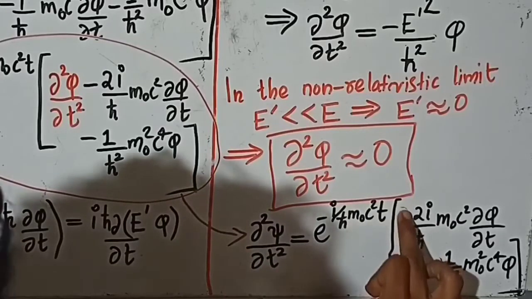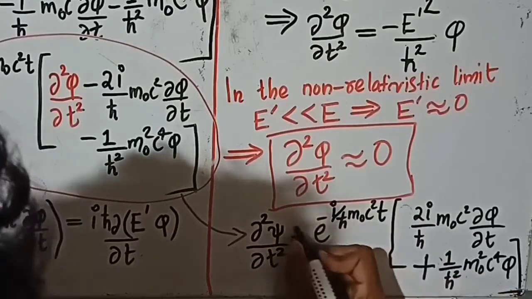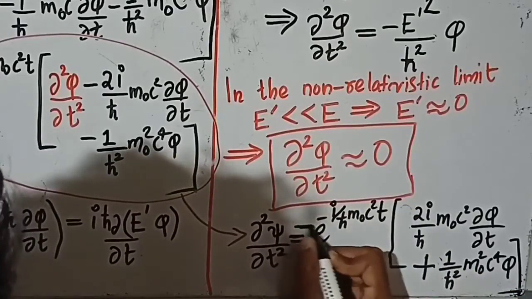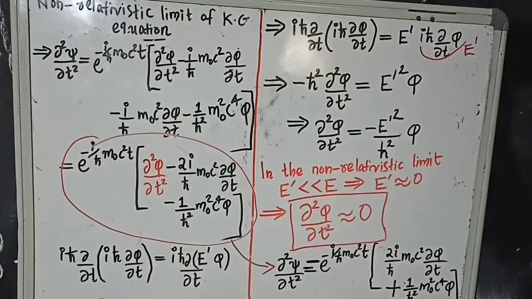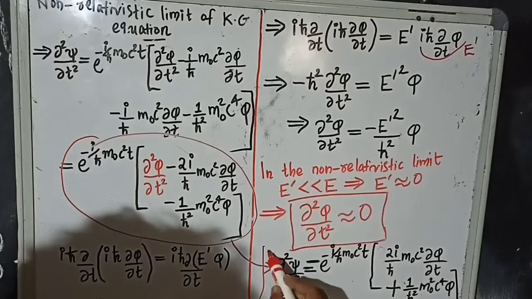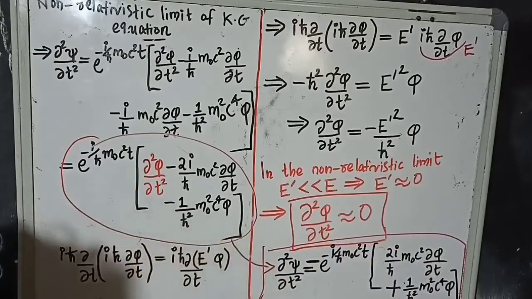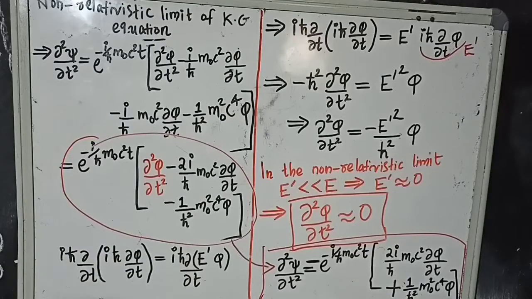Let me take this minus sign outside the bracket. So this becomes plus and the minus sign comes outside. This is one of the most important steps, so let me mark it with red ink. Now we have the non-relativistic limit of the second derivative of the free particle wave function with respect to time